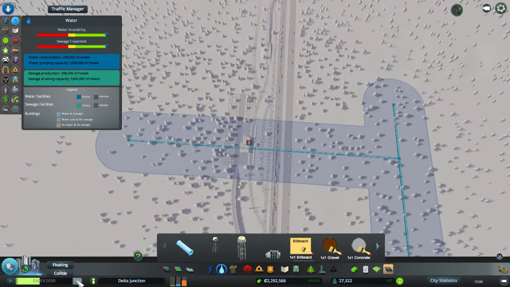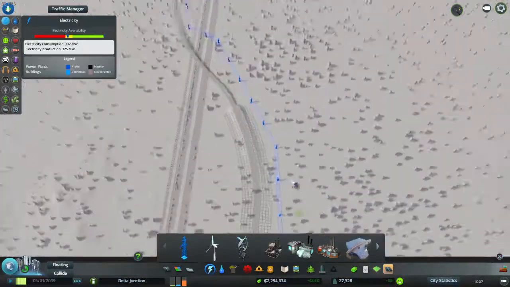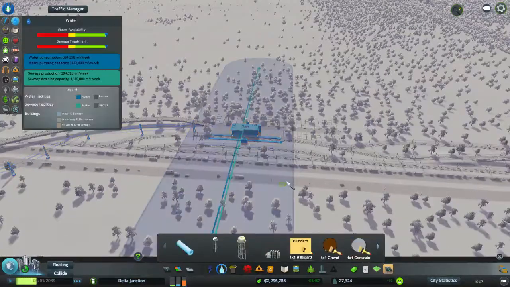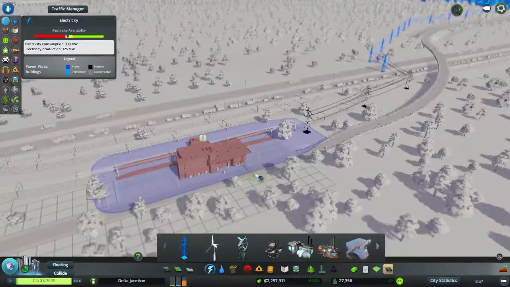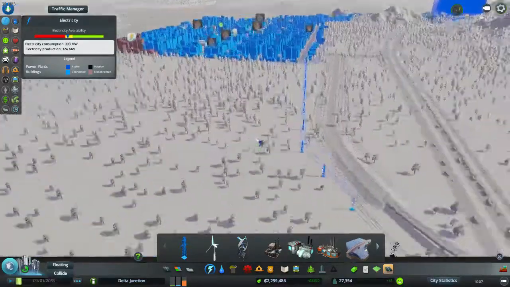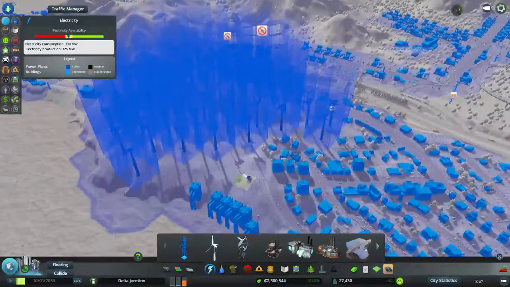Here we go. No. Why are you not working? There we go. Alright, so I have... Oh, why do you not... You have power. What is... Oh, I don't have enough power. Ew. Oh, brownouts. Okay, well...